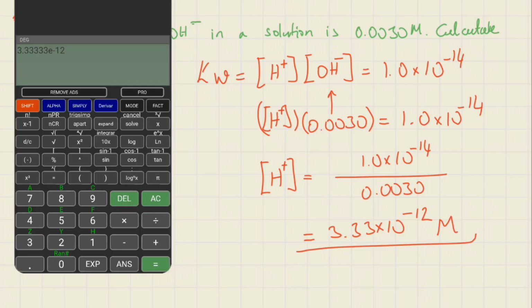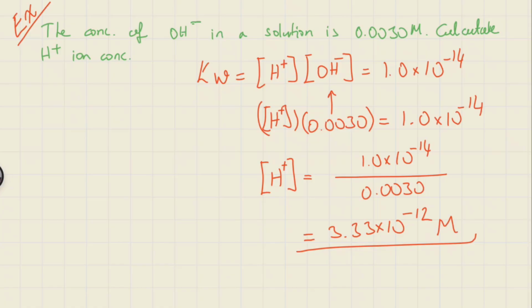So as you see, the issue here is that the hydrogen plus concentration is very low, and it is not a useful way, I think, right? And a scientist in